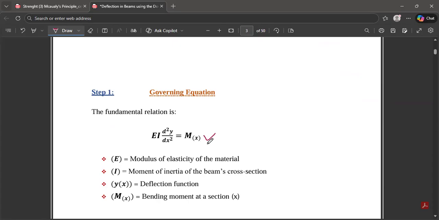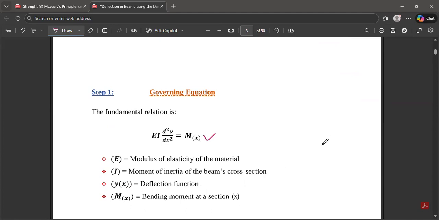Where E is the modulus of elasticity of the material, I is the moment of inertia of the beam cross-section, and y is our deflection